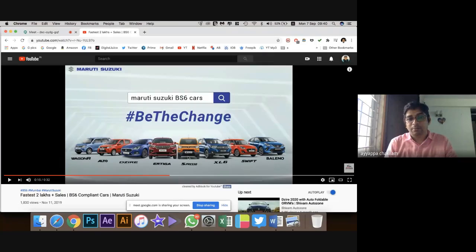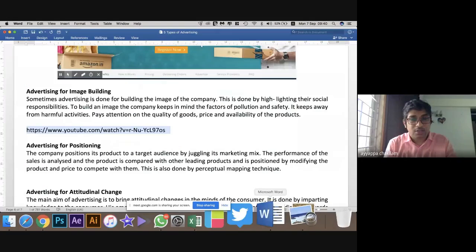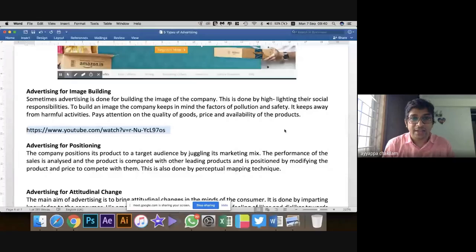In the same way, Bajaj. Remember, Bajaj had this particular advertisement called the Hamara Bajaj, the old Hamara Bajaj ad we had in the 80s and 90s, that was talking about the whole India. What are the different cultures that India has? So that's not about explaining about the bikes. It's about trying to